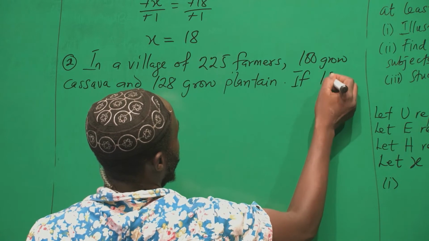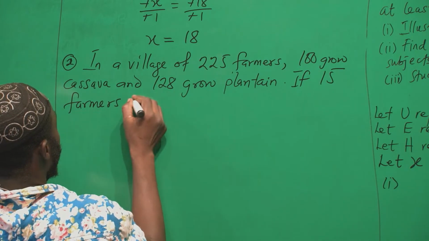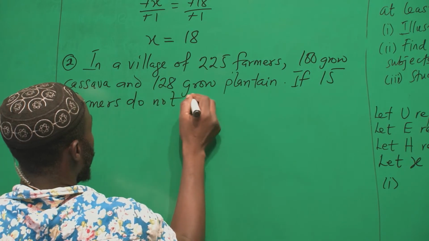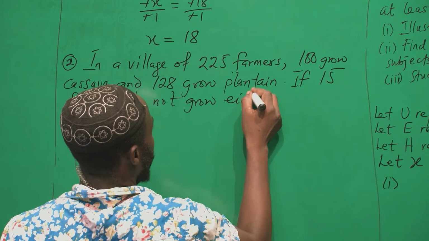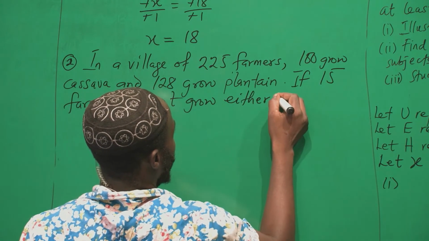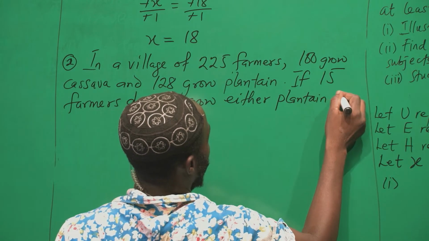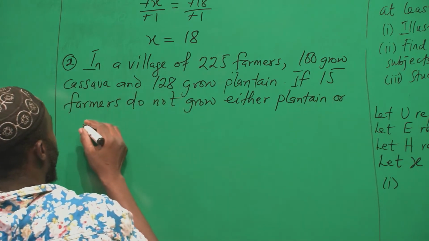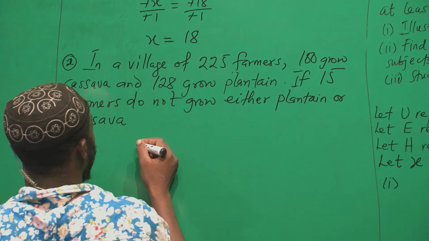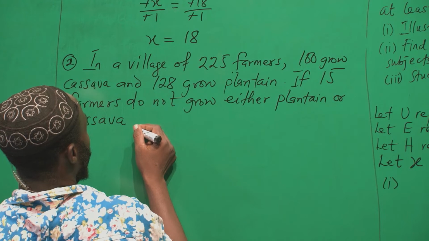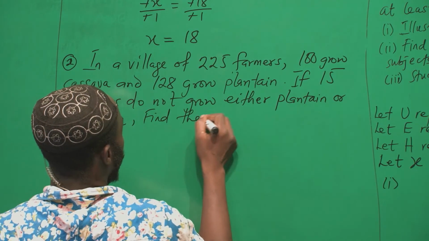If 15 farmers do not grow either plantain or cassava, find the number